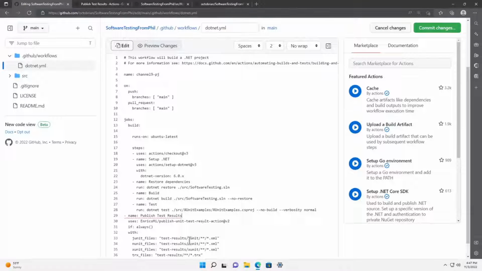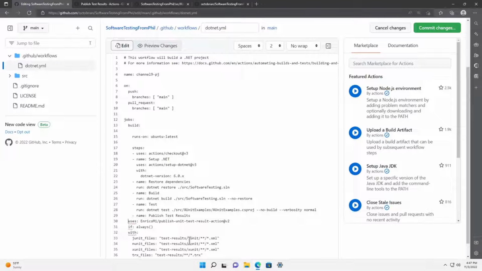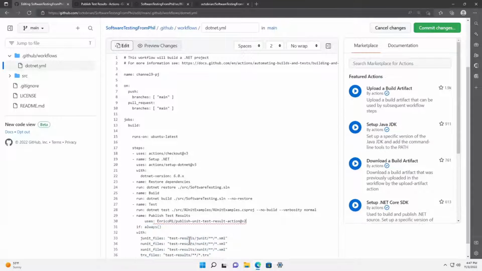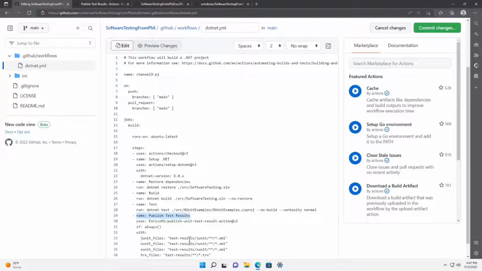Now notice the squiggly, just like Microsoft Word telling you you've got a typo, it's telling us, hey, this needs to be indented better. So we're going to come over here and indent this in, bring this other one back. So what this does is says, hey, we're going to publish test results. And the way we're going to do it is we're going to use this action. And then this if always says, I want to run this action even if the previous one failed, which might be important if all your unit tests fail. So we want to collect those results.